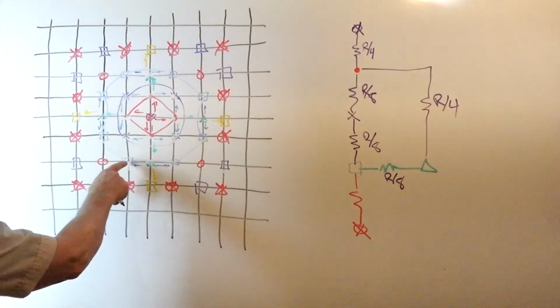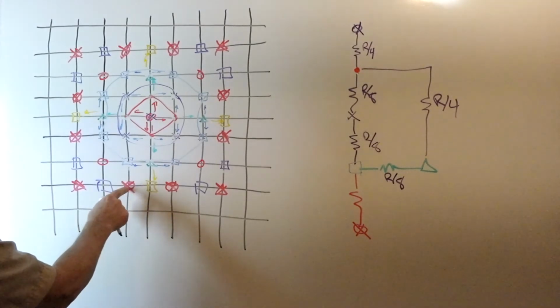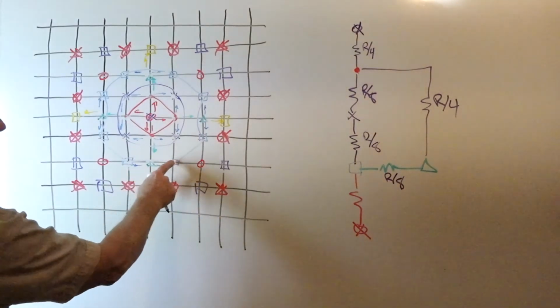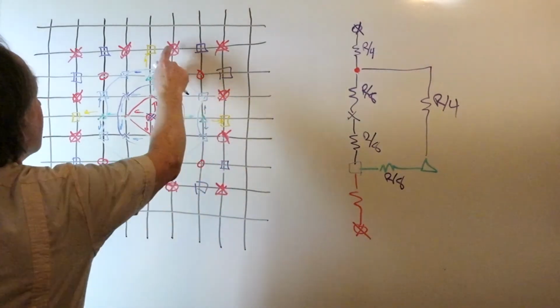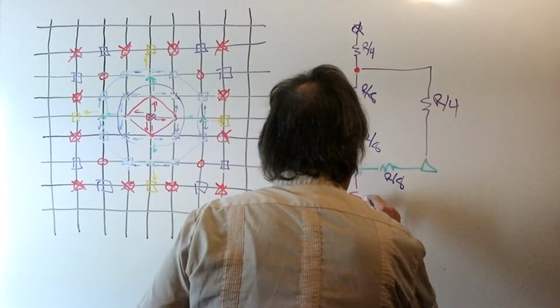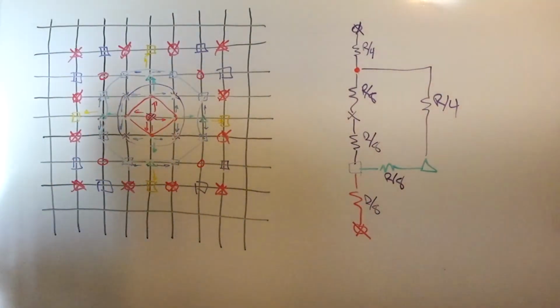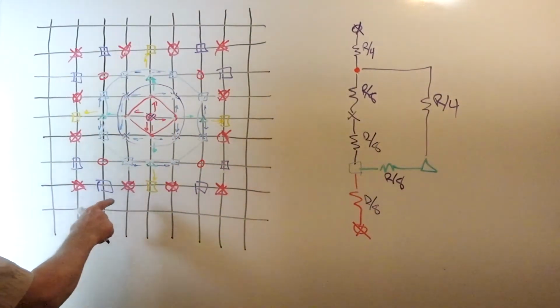Well, from the blue square to the red circle with an X, we have 1, 2, 3, 4, 5, 6, 7. Again, R over 8 is the equivalent resistance. We have 8 resistors in parallel. Now, let's go to,